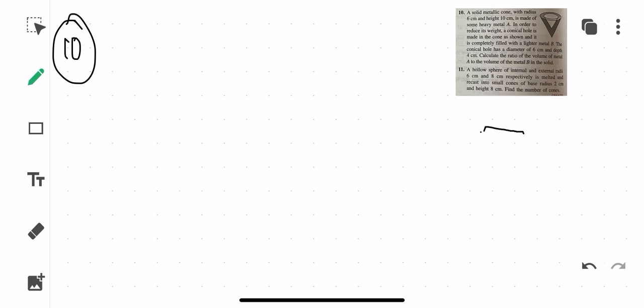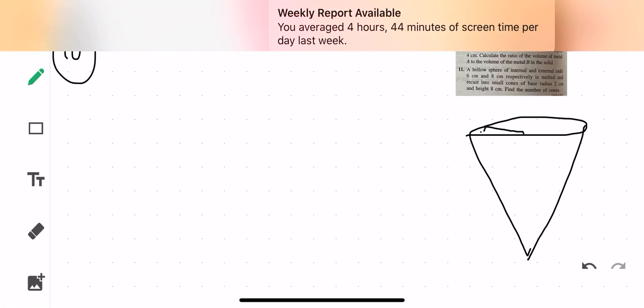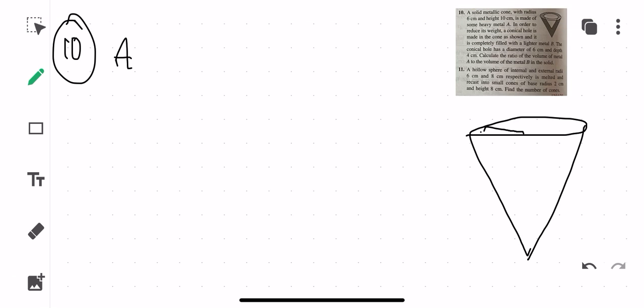Okay, so what they are saying, children, so suppose this is a cone that is there, children, so this is also an easy one, don't just go by the figures, children. Okay, so what is there? This is a cone. So this is a heavy cone A. For A, so write down for A, what you will be writing down, the radius is 6 centimeter and height is equal to 10 centimeter. Okay, so this is what is given. So this is my figure.